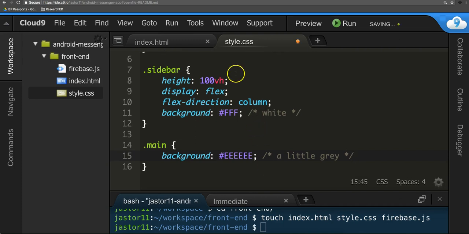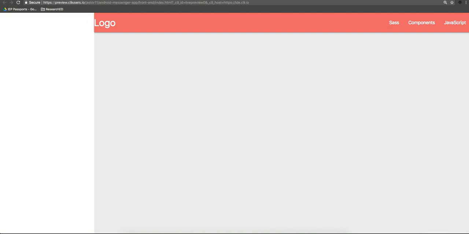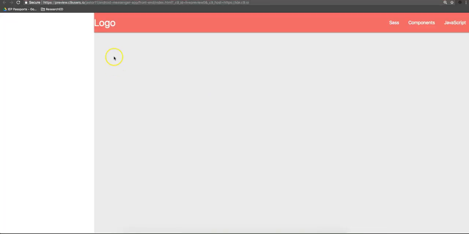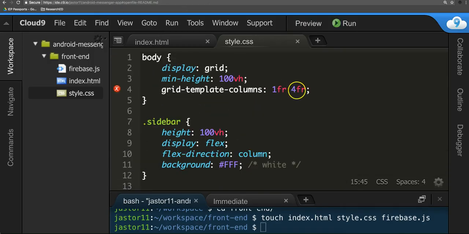Now, if you do this, you should see a stark difference in the 2. Do we now see 2 different columns? I'm also noticing, by the way, that probably doesn't align. I think this column is a little bit bigger than 1 fraction versus 4 fractions. It's probably like 1 and 3.5 or like 1 and 3. So you might want to change that up a little bit. You might want to say in the grid template columns, let's go with 1 and 3 fractions and see how that